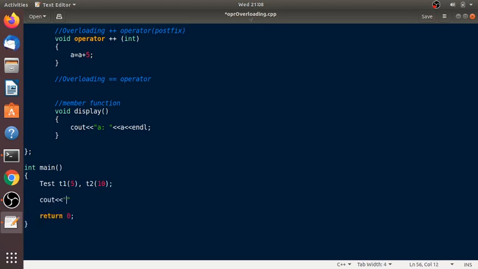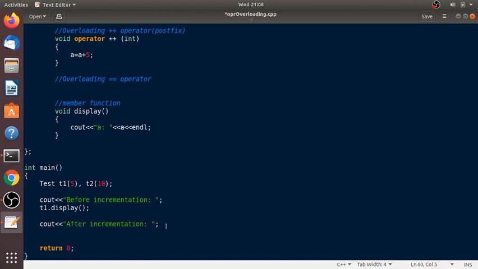First of all, print the before incrementation values. t1 dot call the function display as we declared in the above class. Now print the after incrementation values.